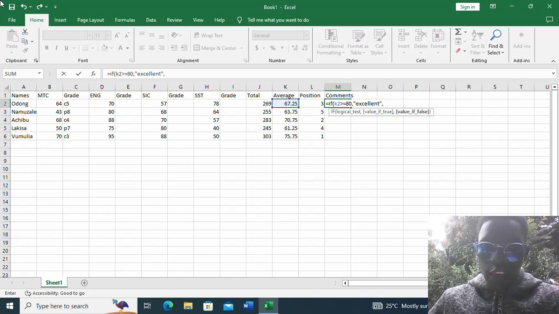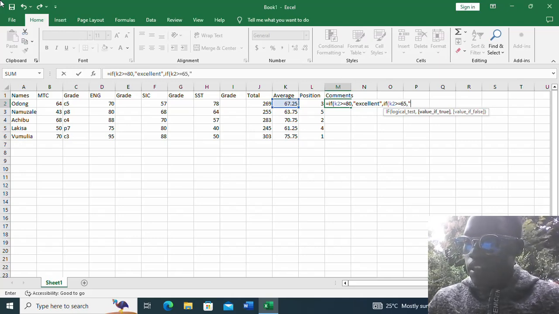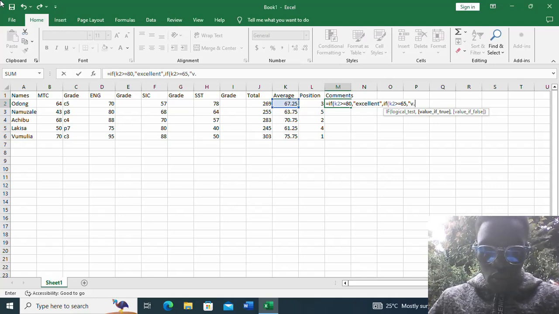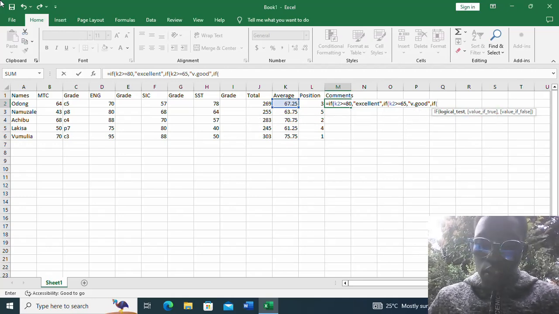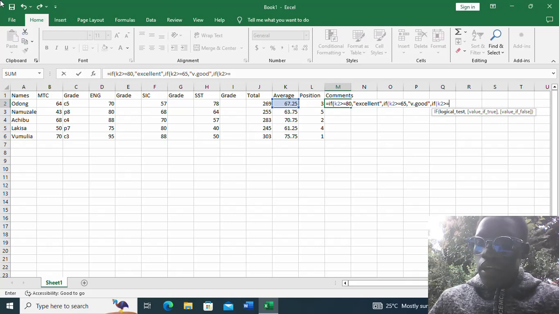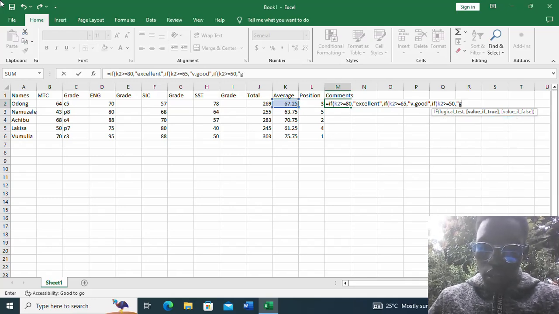comma, if, open bracket, K2 is greater than or equals to 65, I've chosen that pupil to be given the comment very good, comma, if, open bracket, K2 is greater than or equals to 50, comma, quotation, the comment should be good,